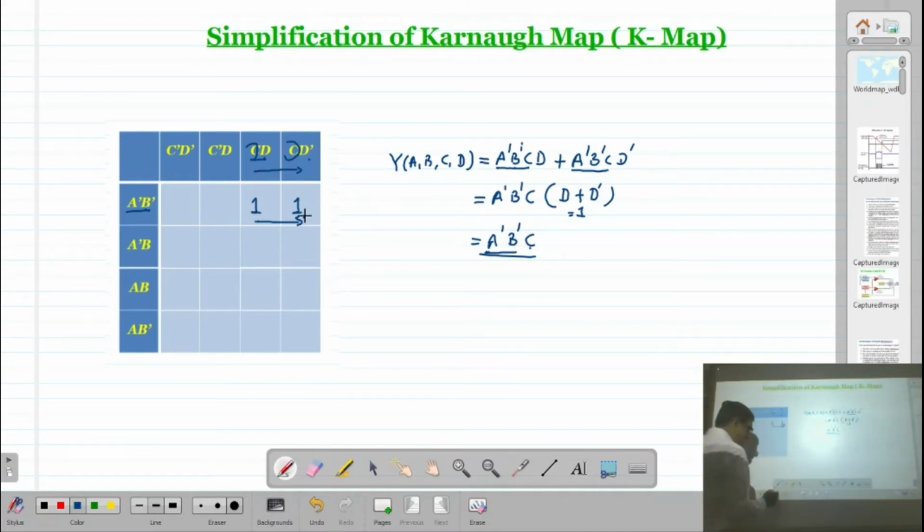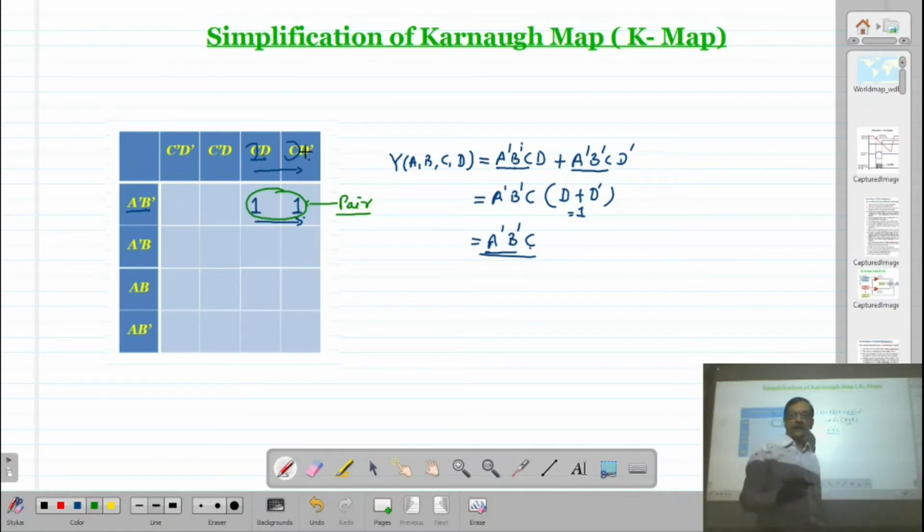So you can mark this one as a pair. So whenever we find a pair in a Karnaugh map, then one of the variables is going to be eliminated. Which variable is eliminated? The variable which is going to be either complemented or uncomplemented. Correct? So the first thing you have to remember is that in the expression,